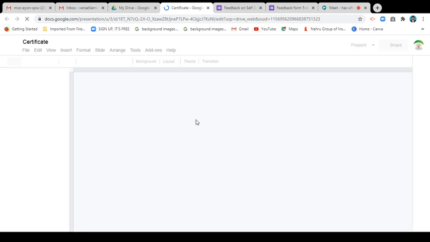For that purpose we need the background image of the certificate that we designed yesterday. Tomorrow I will correct Certify'em and everything, and we will see the automatic generation of certificates through that Google Form.